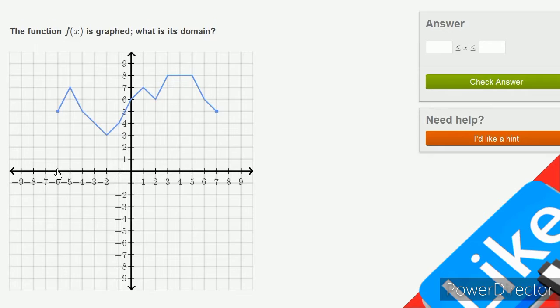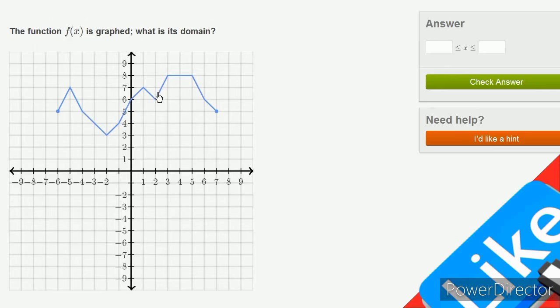It only starts getting defined at x equals negative 6. At x equals negative 6, f of x is equal to 5. And then it keeps getting defined. F of x is defined for x all the way from x equals negative 6 all the way to x equals 7. When x equals 7, f of x is equal to 5. You can take any x value between negative 6, including negative 6, and positive 7, including positive 7, and you just have to move up above that number wherever you are to find out what the value of the function